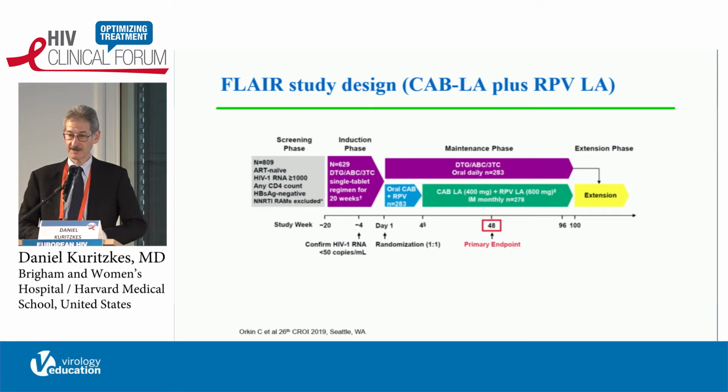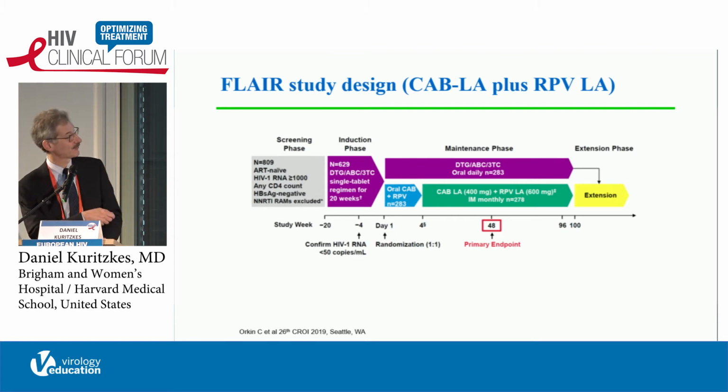Now, I'm going to cheat a tiny bit, even though we're supposed to be talking about first-line therapy. The FLAIR study, which looked at long-acting cabotegravir administered together with long-acting rilpivirine by intramuscular injection, started with treatment-naive patients, but it didn't actually start with injectable therapy as first line. It first suppressed participants on a triple drug regimen of dolutegravir, abacavir, and 3TC, and then those who were suppressed after 20 weeks of study